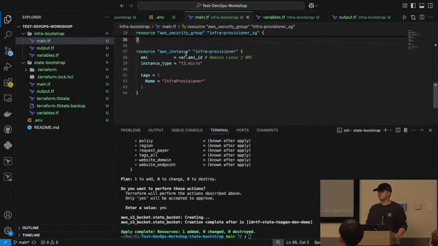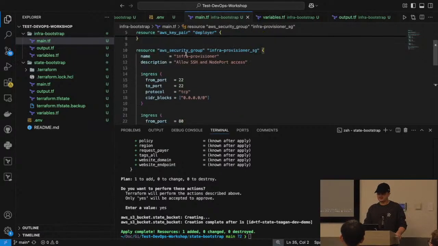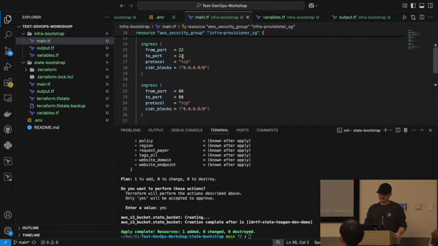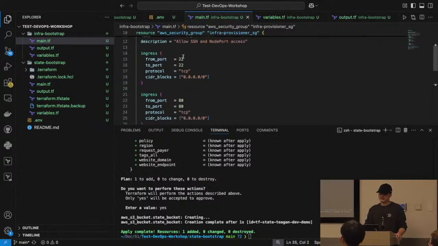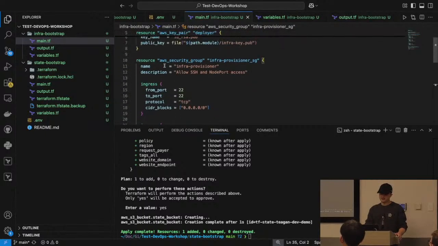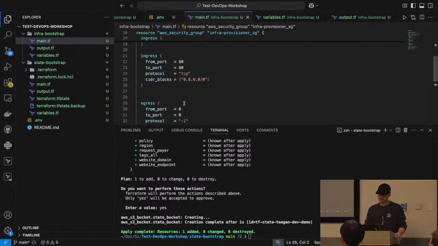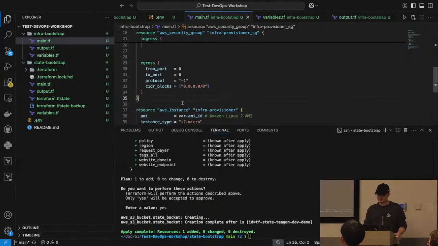Whenever you make an instance and you want to modify how you access that, you need a key pair. And if you want to make sure you have certain security measures to be able to access that, right here we want to enable it so we can actually SSH into our EC2 with port 22 and then access that on port 80, because that's where we're going to put our web location. And then egress 0 0 -1 should make sure that our EC2 can access any IP address from any port with any protocol.